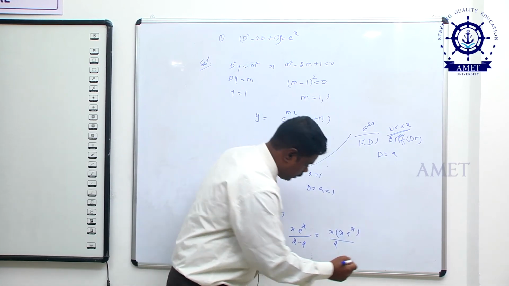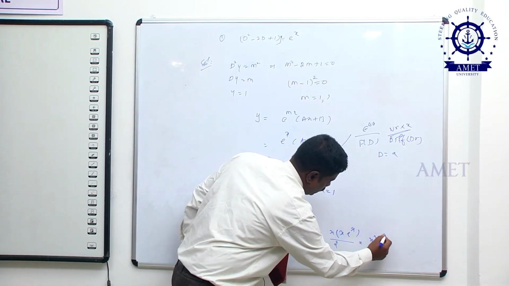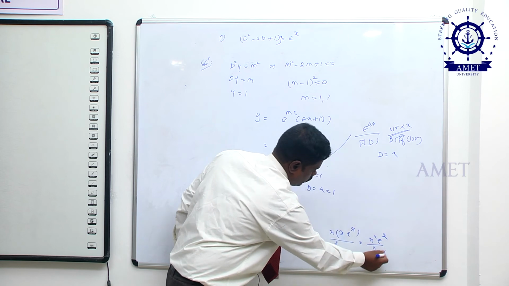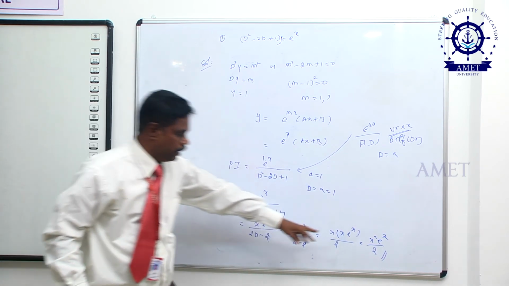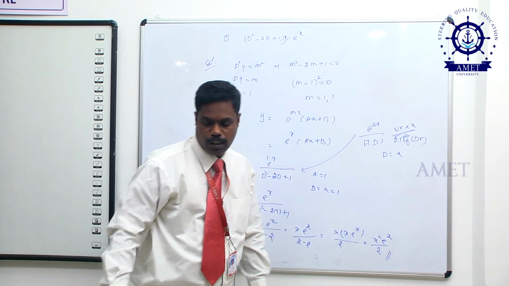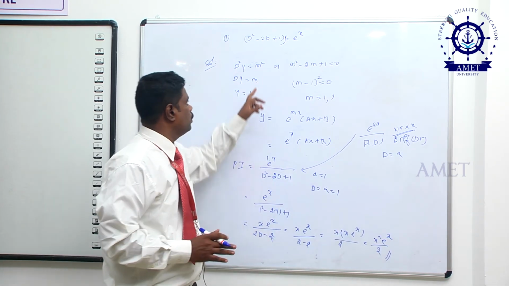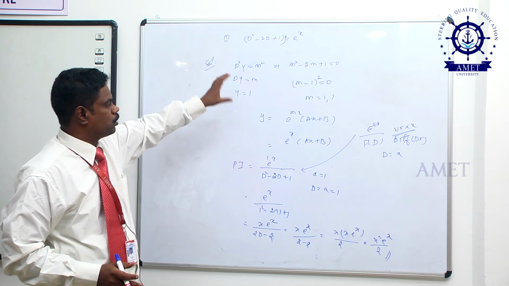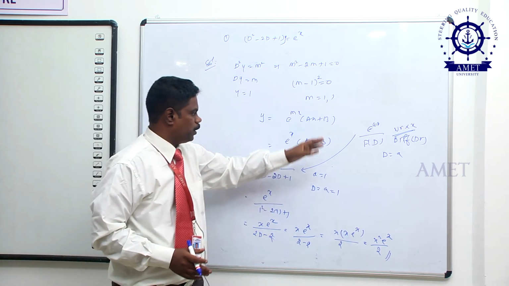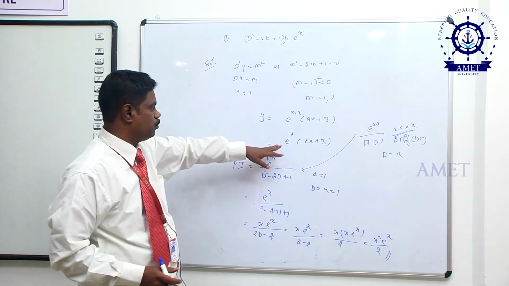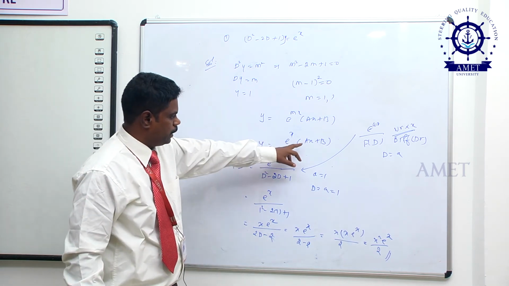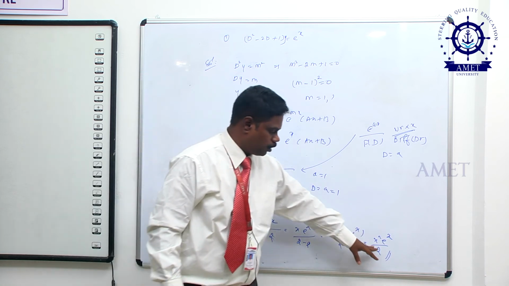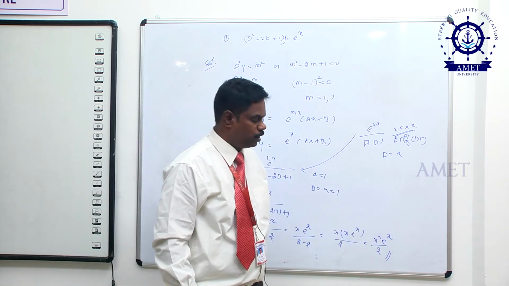So finally this is x squared into e power x by 2. So the solution of the particular integral part is x squared into e power x by 2. Finally you have to add together the whole final solution, the complementary function part plus the particular integral part. The complementary function is y equal to e power x into (ax plus b). The particular integral part is x squared by 2 into e power x.